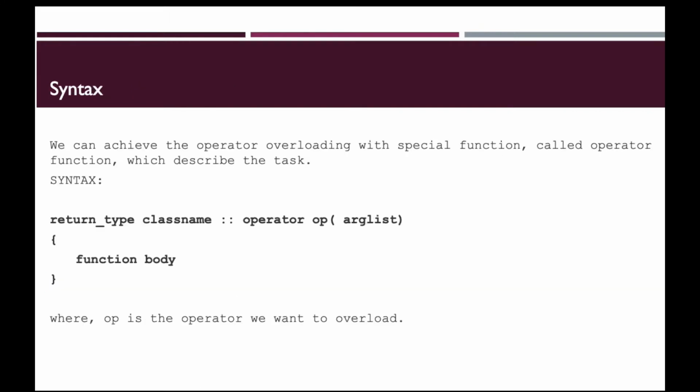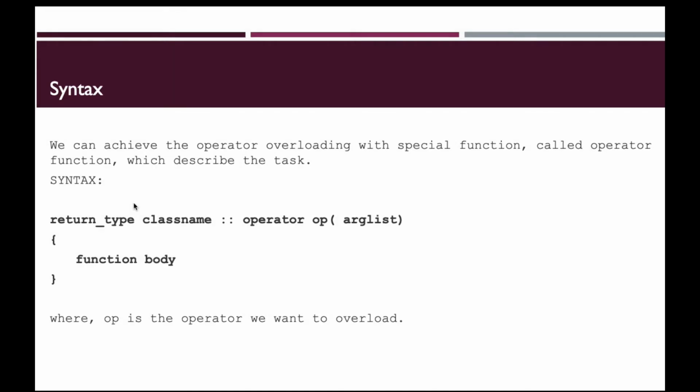Now we will see the syntax of operator overloading. We can achieve operator overloading with a special function called an operator function. So in C++ there is an existing function named operator. Using that operator function we can describe whatever we want to do with that particular operator.